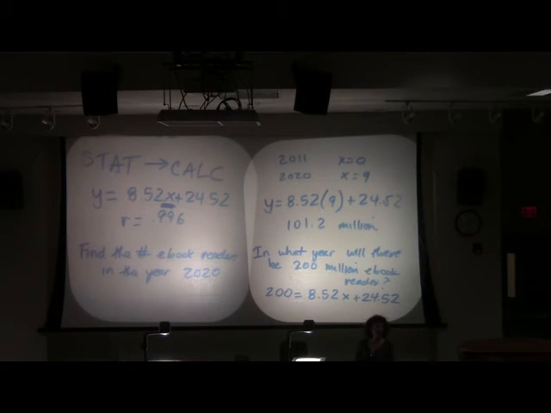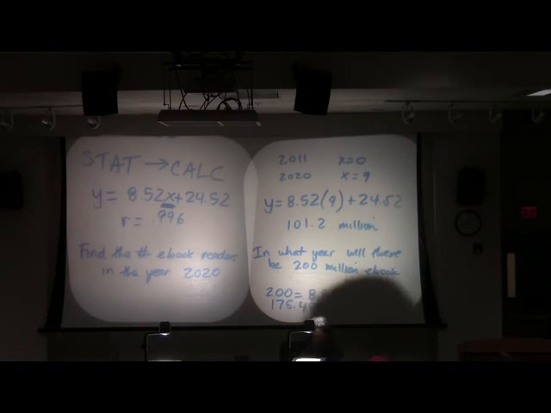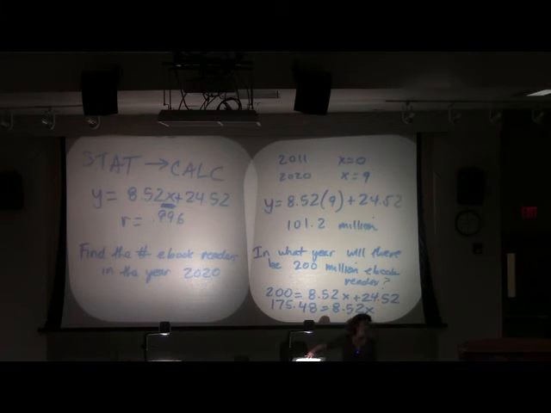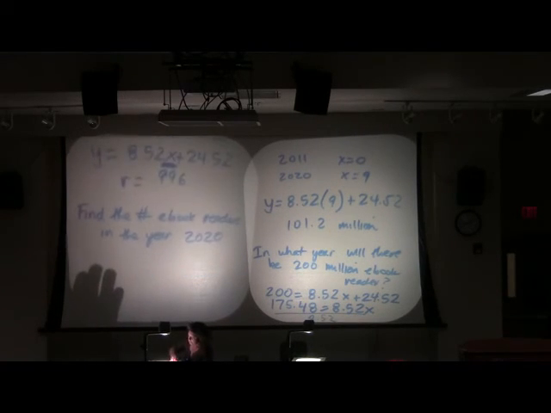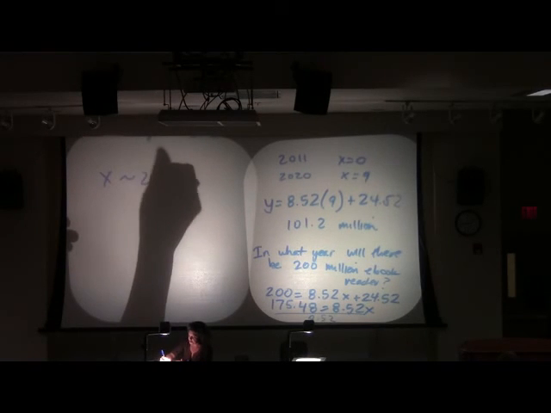Absolutely. What is our first step, you guys? You subtract 24.52 from both sides. I'm going through the algebra because I know for some of you guys it's a sticky point. All right. Last but not least, how do we get x all by its lonesome? You divide both sides by 8.52. And if we do that, we get 20.6. So what we would get then is x is about 20.6.